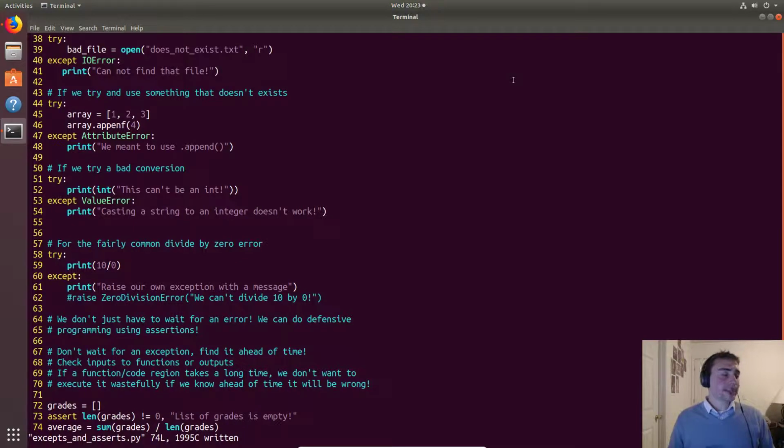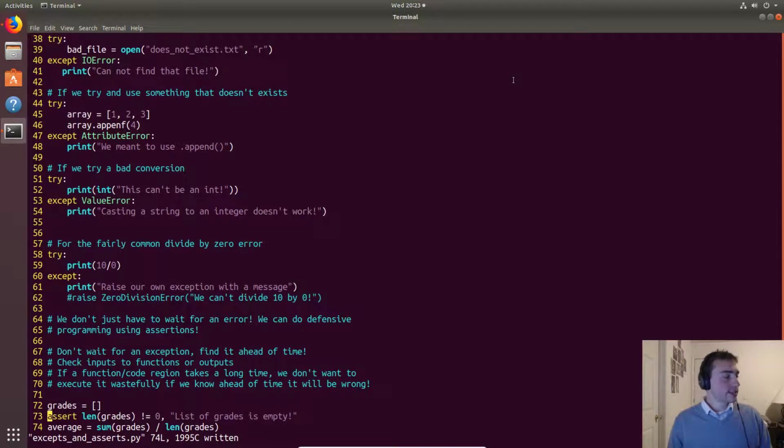So let's think about that idea of proactively, instead of reacting to errors, let's think about proactively preventing eventual errors. And we do that with asserts, and that's this concept of defensive programming. So we're preventing things, or we're being defensive instead of just waiting for bad things to happen and being reactive. So in this case, let's say we have an array grades, and let's say that we read a file, and the file is actually empty. So grades maybe never gets filled with data.